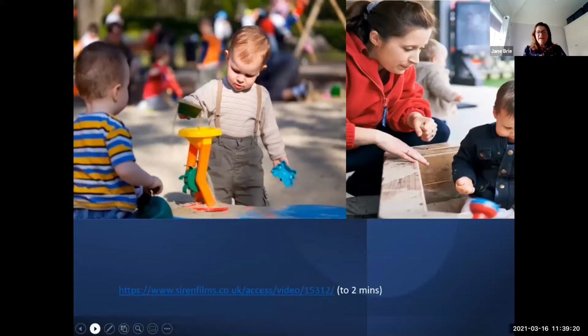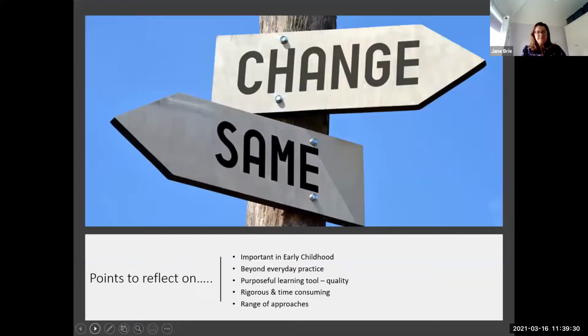So there's a clip there that you can have a little look at, as regards just covering some of the points that have been made in the lecture so far. So just a couple of points to reflect on, but there may well be more. There might have been some things that have been brought up. I think the importance in early childhood of observations is